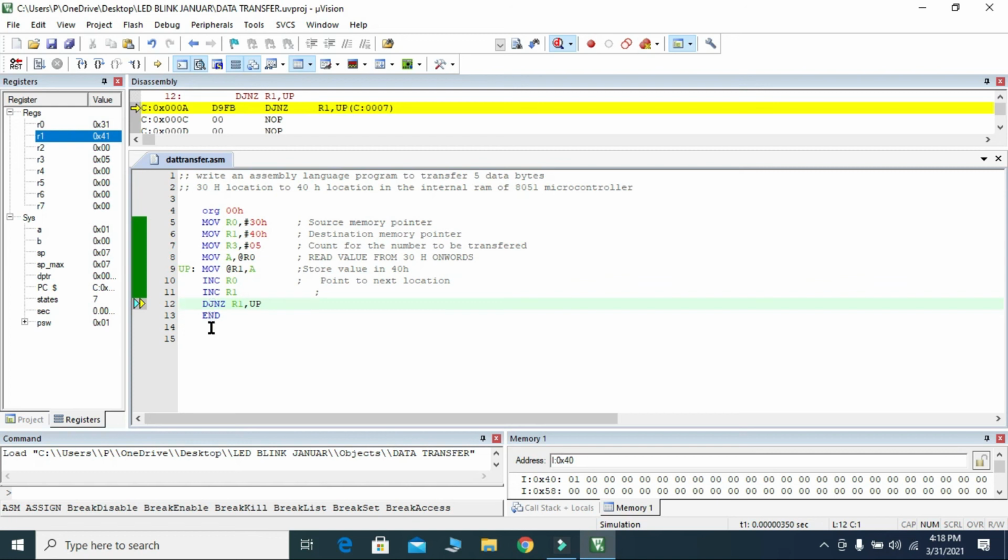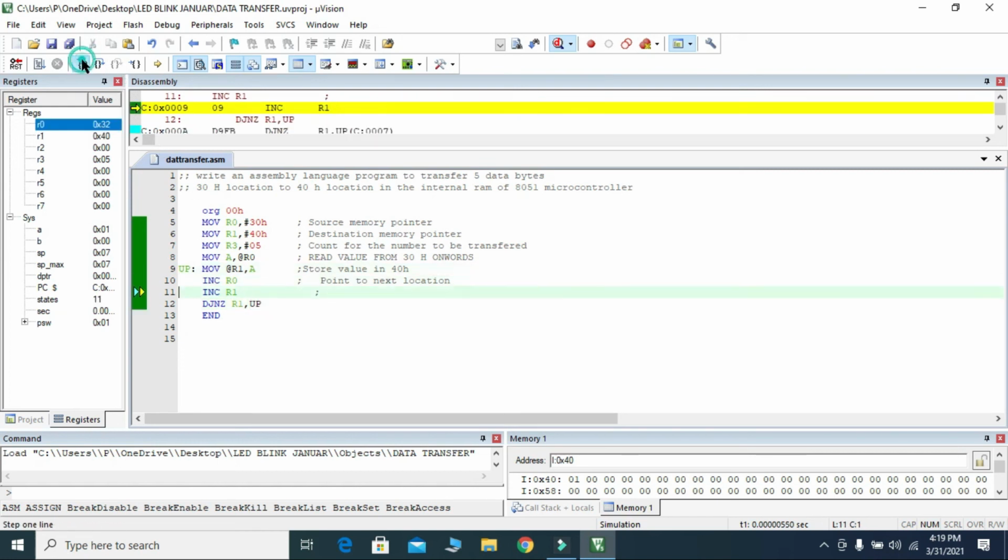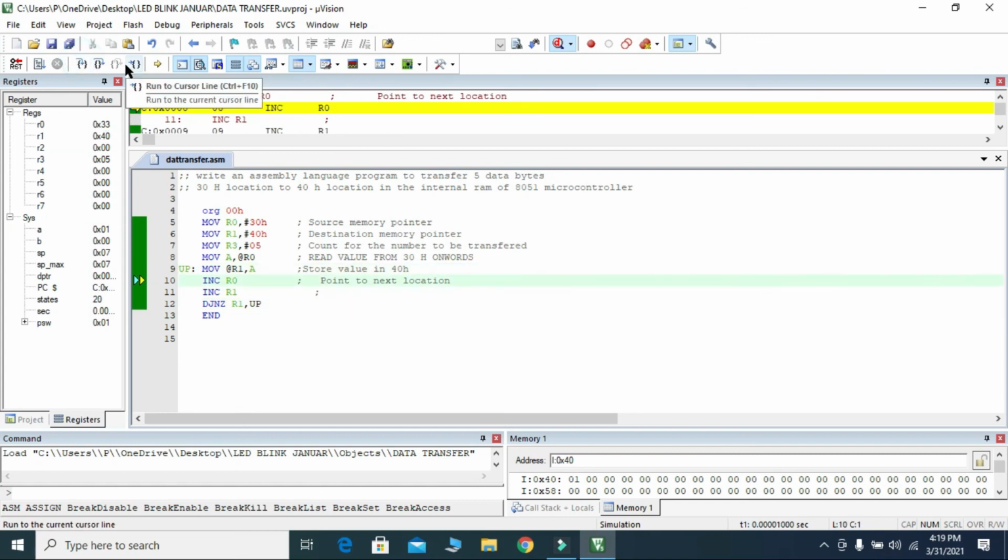We use simple data transfer instructions, some direct instructions, and some arithmetic instructions like INC. And we are using DJNZ. It decrements R3. What is the role of DJNZ? It decrements R3, and until it is not 0, keep on looping. So this is a kind of loop. This is the solution for transferring 5 data bytes. You can see here when you run,